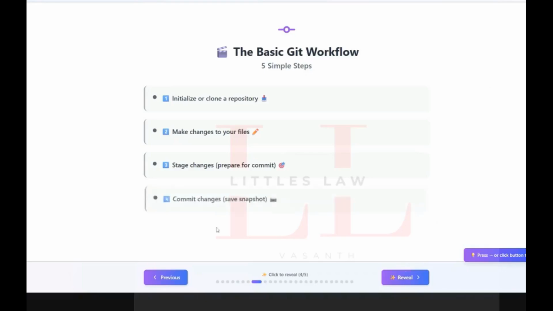And next comes the critical part, that's committing changes. Committing is your save point. So you're telling Git, take a snapshot of